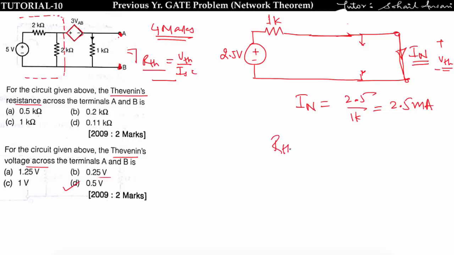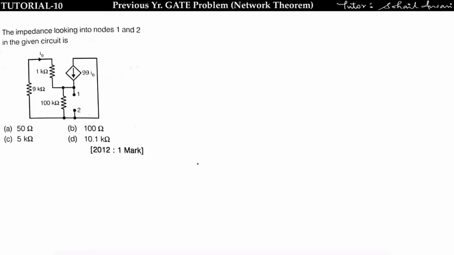Hence RTH is equal to VTH upon IN. VTH we have already calculated, 0.5, by IN is equal to 2.5 into 10 to the power minus 3, that is equal to 1 by 5 k ohm, that is equal to 0.2 k ohm. So option B is correct. Now see this question. The impedance looking into node 1 and 2 in the given circuit is,